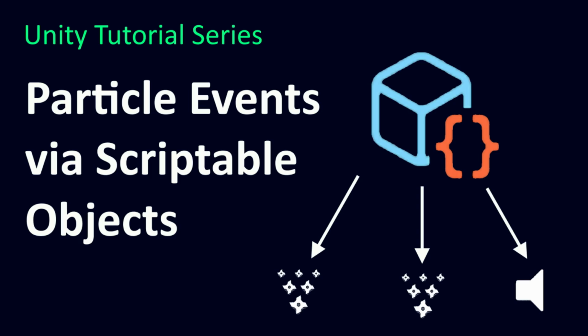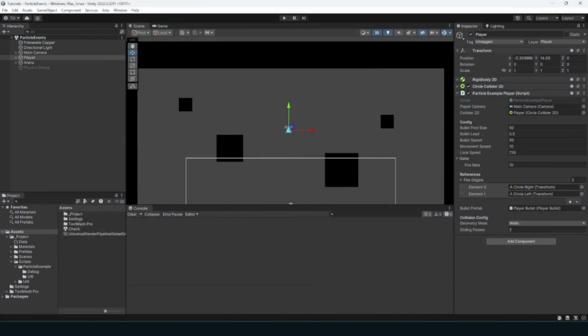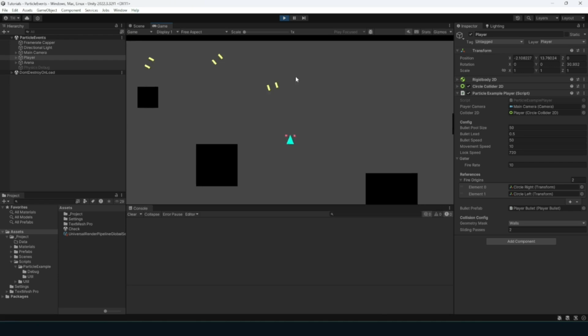Hi, my name is Trey Hayden, and in today's video I want to cover how you might go about emitting some sort of particle effect or other visual at a given location. A canonical example for this might be you have some sort of very simple top-down shooter like